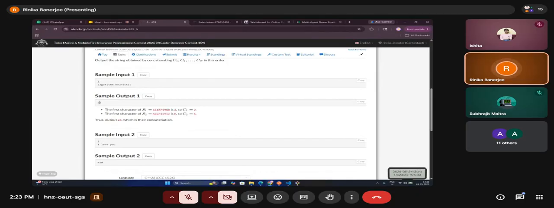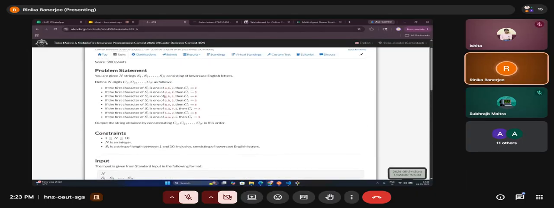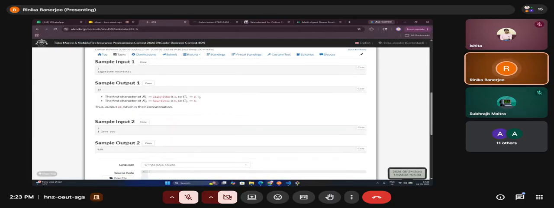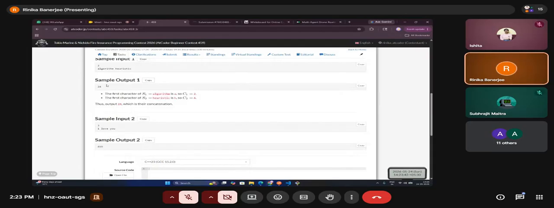So the first character of our answer is 2. The second string is heuristic, whose first character is H. H lies in the range G, H, I, so we append 4 to our answer. So after 2, we add 4, and the final answer is 24. Although it looks like a number, we need to output a string.